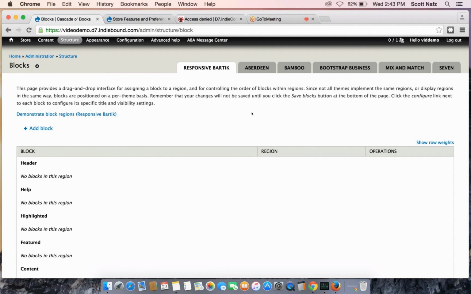There is a module called Superfish. If you're familiar with Drupal 6, you may be familiar with the Suckerfish menu, which was essentially a drop-down menu. And now in Drupal 7, they call it Superfish. And what this does when the module is enabled, it creates a few blocks and makes them available in your